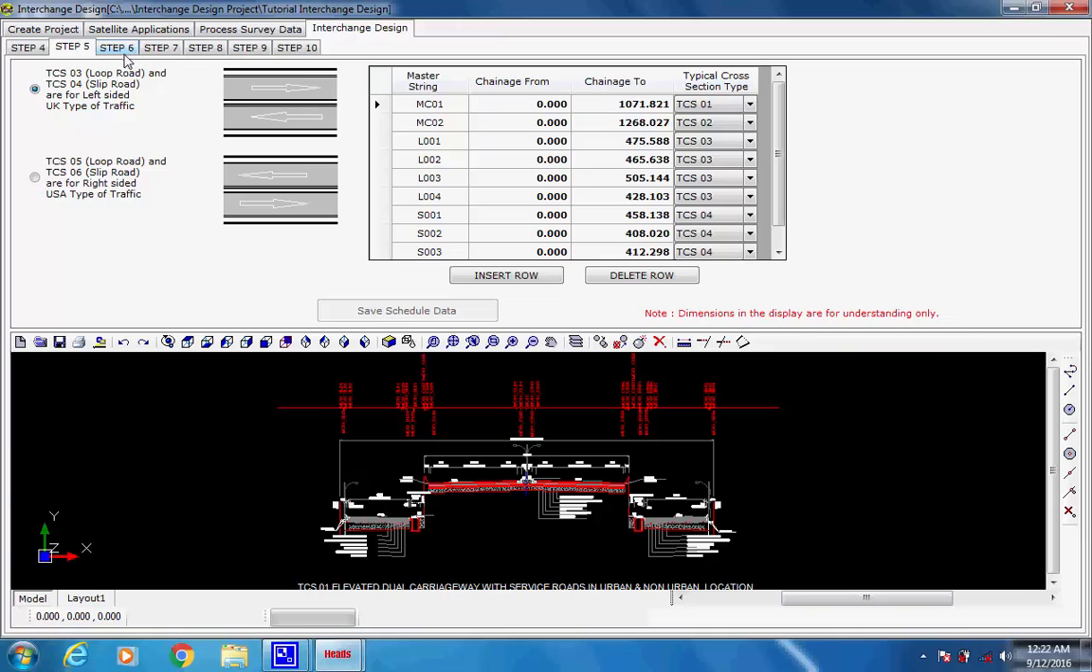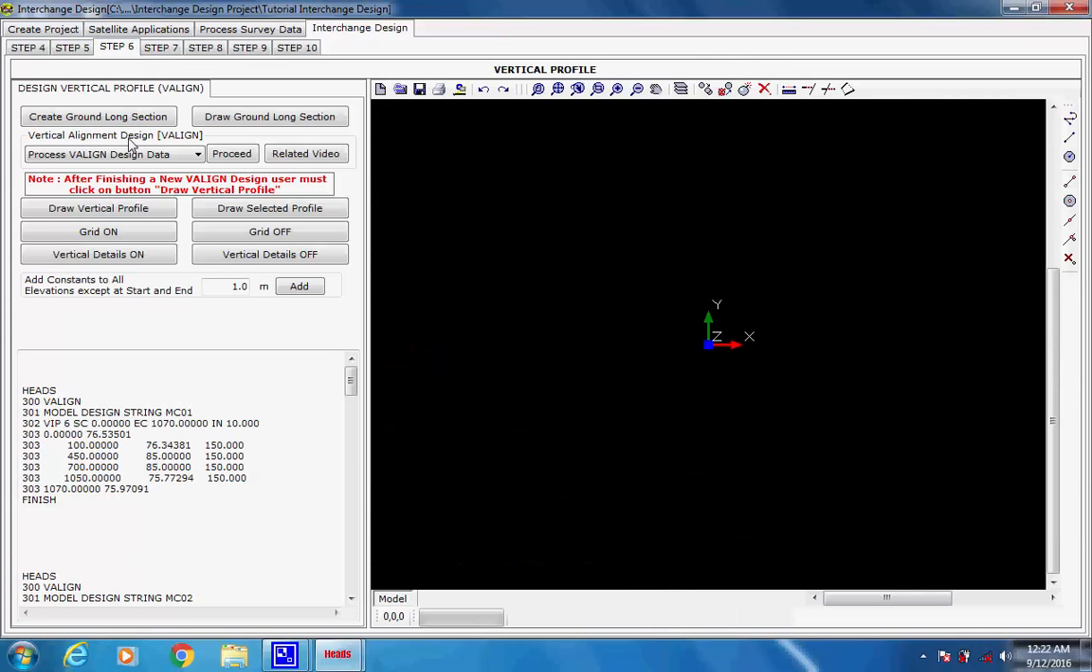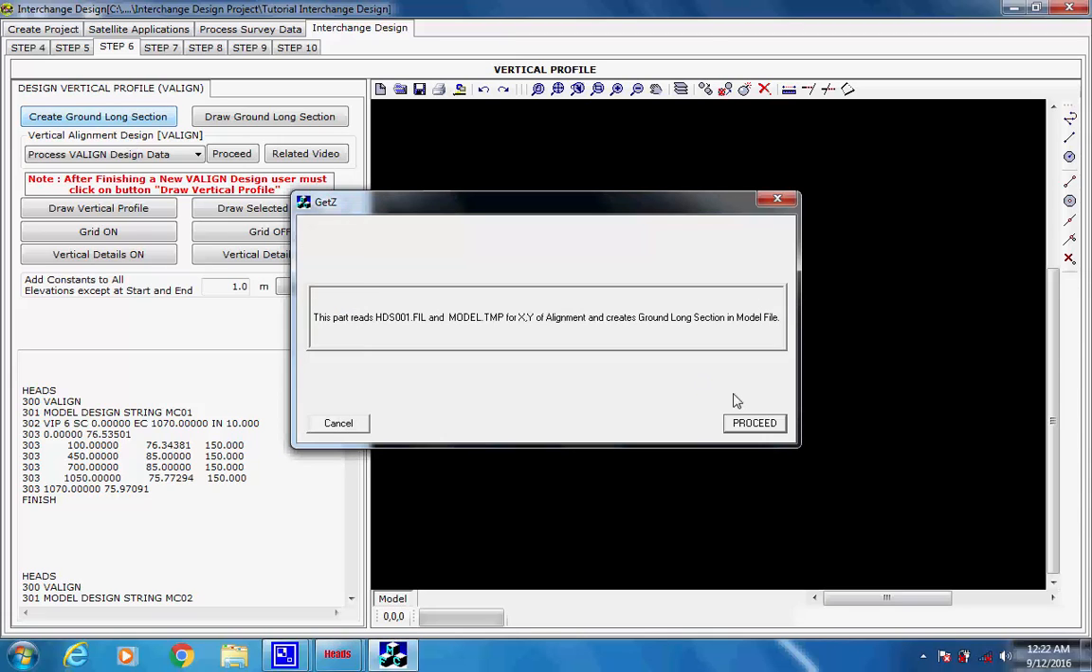Design of vertical alignment for main intersecting highways, loop, and the slip roads. Next, select the tab Page 4 Step 6 for the design of vertical alignments for all the 10 roads. Click on button Ground Long Section. This will create the existing ground long sections as EC01, EC02 for 2 intersecting highways, EL01, EL02, EL03 and EL04